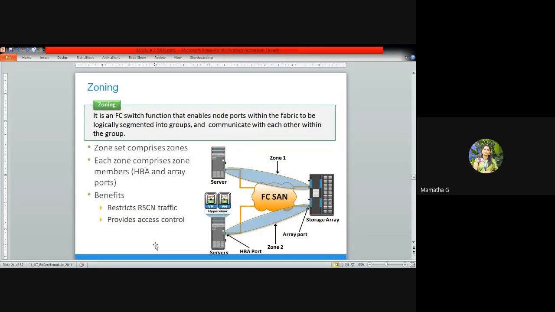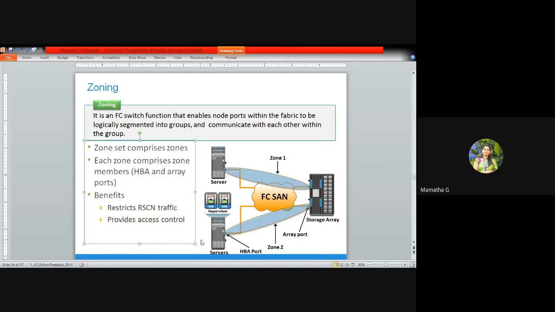Within the fabric, I already told you, it is an area in the network where you have n number of switches and routers. This is your fabric, to be logically segmented into groups and communicate with each other within the group. See, it is as simple as that: when you have n number of nodes in the FC SAN network, which is connected server to storage, you start making groups of nodes.